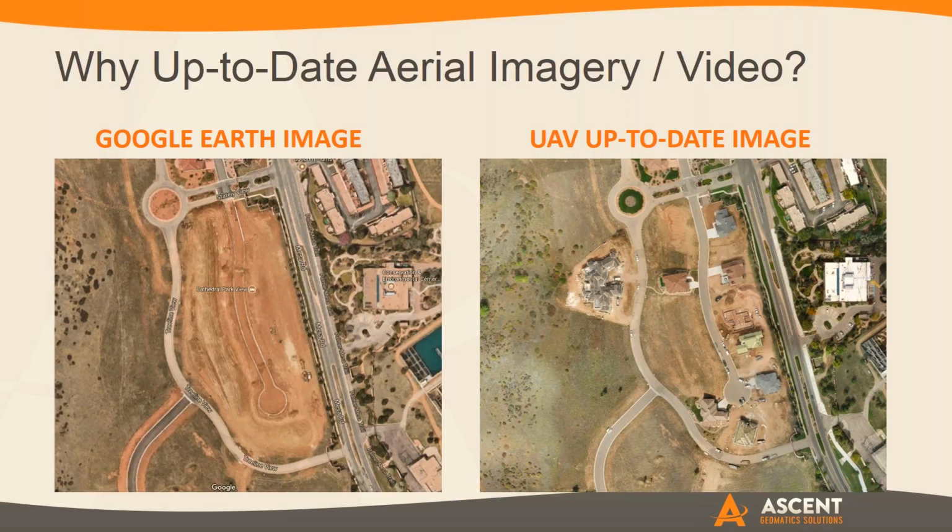This is that example we talked about earlier, where you can look and see what Google Earth provided on that particular day, and on that exact same day, you can see what up-to-date aerial imagery shows on the right side. What's interesting about this is that this was actually in a residential area. Generally Google Earth is going to be more updated the closer it is to a major metropolitan area, which this was.